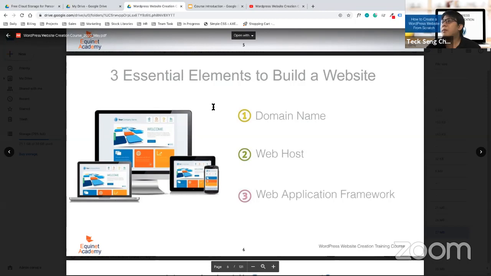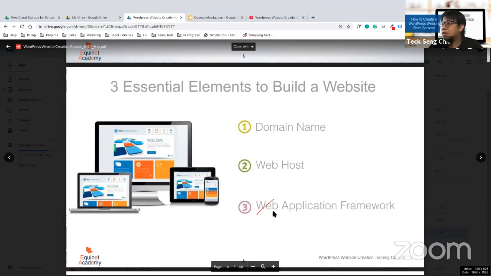Okay, so web application framework: a lot of you the other day got confused with this. It's a general term. For example, we have CMS, we have CRM, we have HRM.